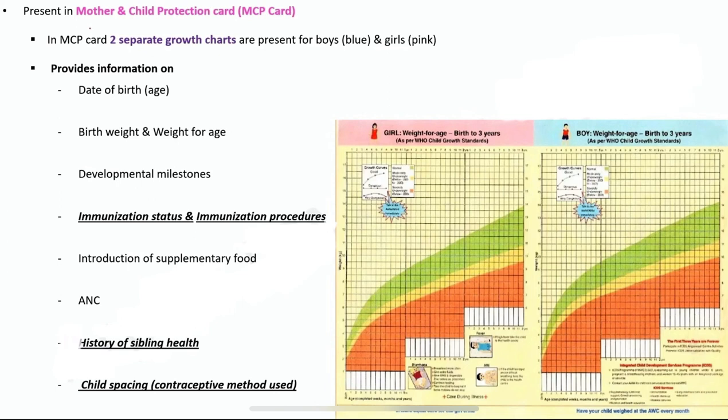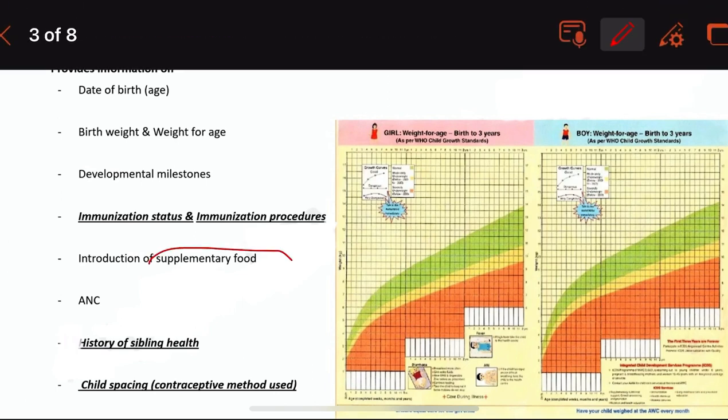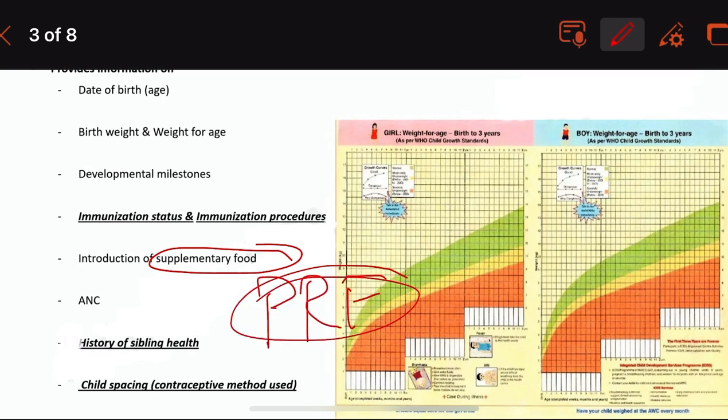And the introduction to the supplementary food. So we know that for 6 months exclusive breastfeeding has to be done, followed by the introduction of protein rich food in the baby's diet. So that is the supplementary food. When protein rich food is added into the baby's diet, then it's the supplementary food which is added, and that is how the weaning period starts. So when the introduction to the supplementary food was done has to be recorded,